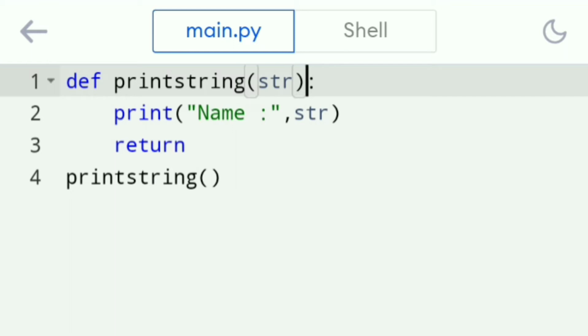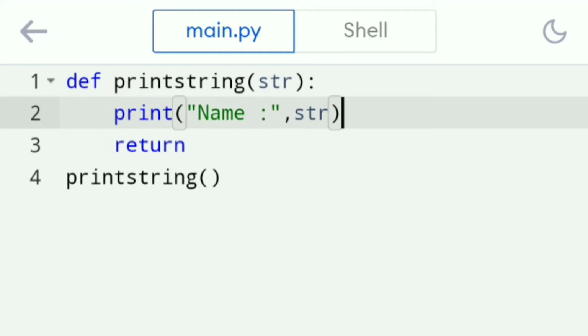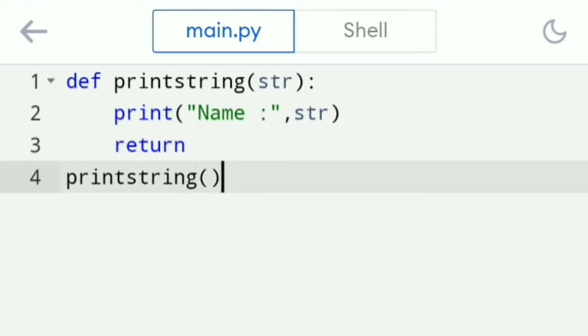Inside the parentheses, if you write any variable name, it is termed a parameter. We have one print statement as the action block. We have a string and a variable inside that. The string is given inside double quotes. After the comma, we write the variable name. After the return statement, we have the function call statement. But look at the function call statement. Do we have any arguments passed here? No. So it will throw an error.